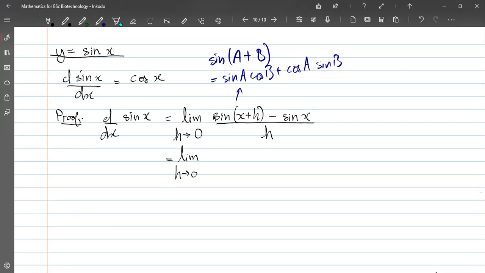So here a is x, b is h: sin x cos h plus cos x sin h. Okay, write that separately. It is not the hyperbolic sine function. This is sine of h. Okay, and don't forget this term, minus sin x